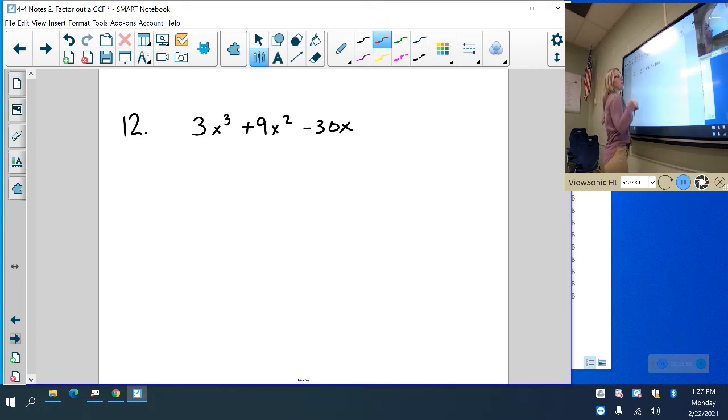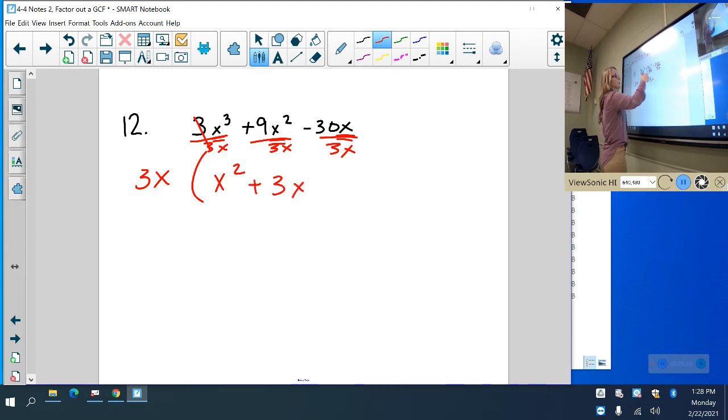3, 9, and 30. Greatest common factor here. Be careful. What do you see in all of these that's different? An x is common. So we're going to say the greatest common factor is going to be 3x. This is not a quadratic. This is a cube because there's an x cubed in the beginning. So I'm going to divide this by 3x, divide this by 3x, divide this by 3x. You have to be careful there. So this is going to give me x squared because the 3's cancel, and I cancel one of the x's, plus 3x minus